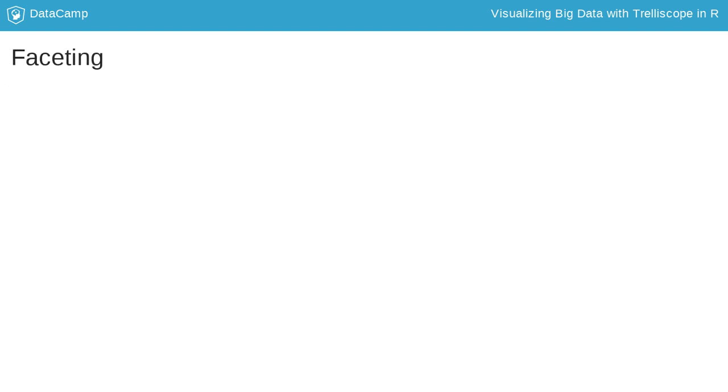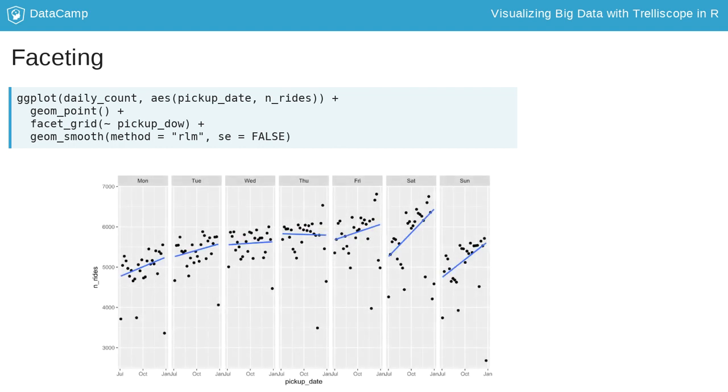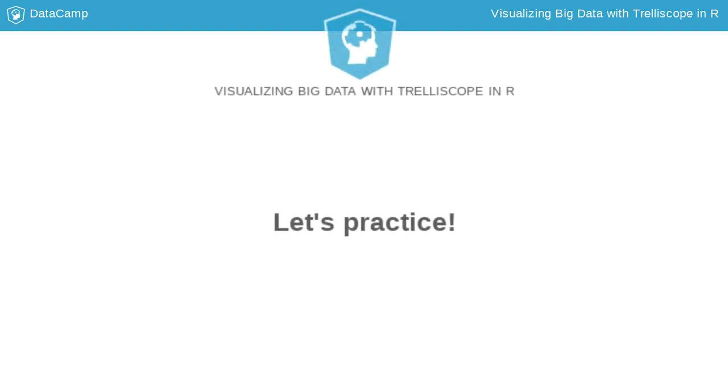Note that with faceting, any plotting element you add to the plot is applied to all of the facets independently, as in this example, where we add geom_smooth to highlight the differing progression of ridership over the year on different days using a robust linear model. Ridership is increasing over the course of the year on the weekends, while it remains more constant midweek. Let's now use these